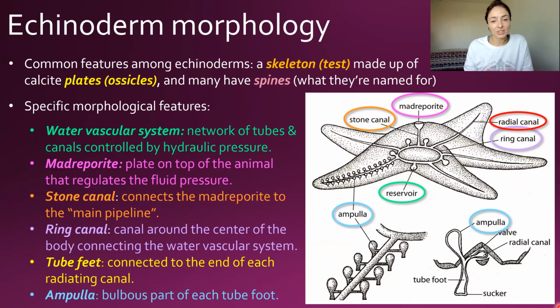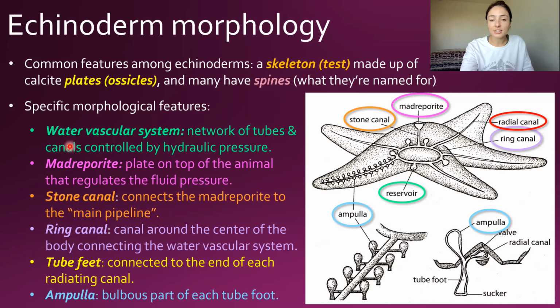Some additional common features among echinoderms, rather than just their symmetry, include things like their skeleton or test, which is made up of calcite plates or ossicles, and many, but not all, have spines, and that's actually what they're named for. Echinoderm means spiny skin. And if we move on to some of their more specific morphological and anatomical characteristics, we see here that they